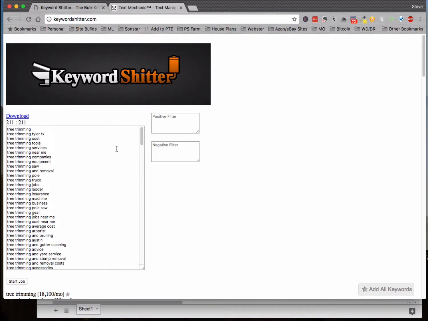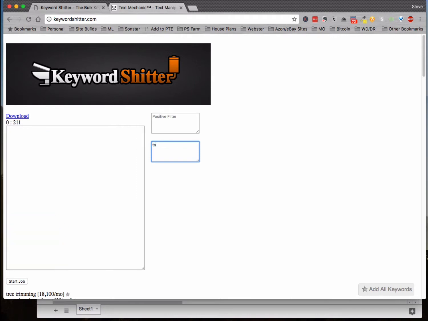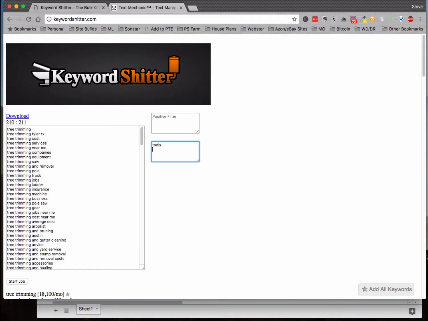The next thing we do is use this negative filter. Looking at some of these, I can see tools, saw, equipment, pole, truck, jobs, ladder, insurance, machine, gear, things of that nature, I probably don't need. So I can just type in tools, equipment,